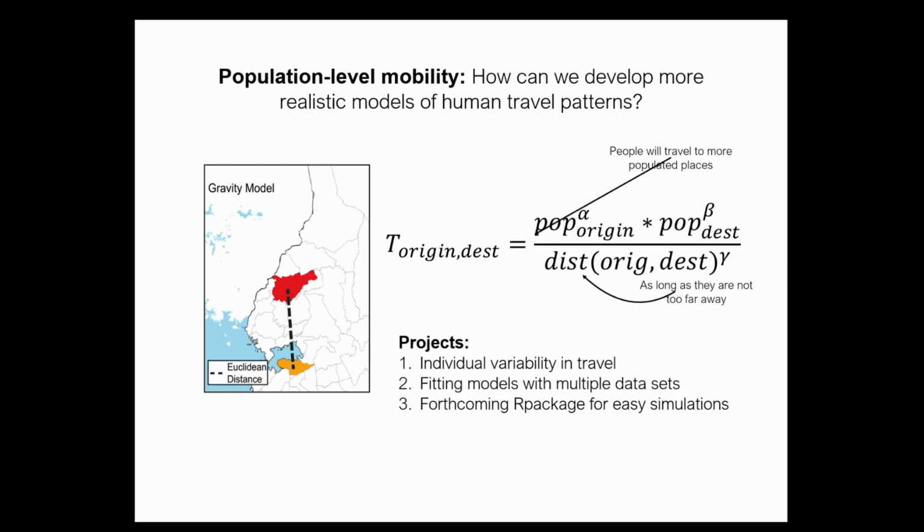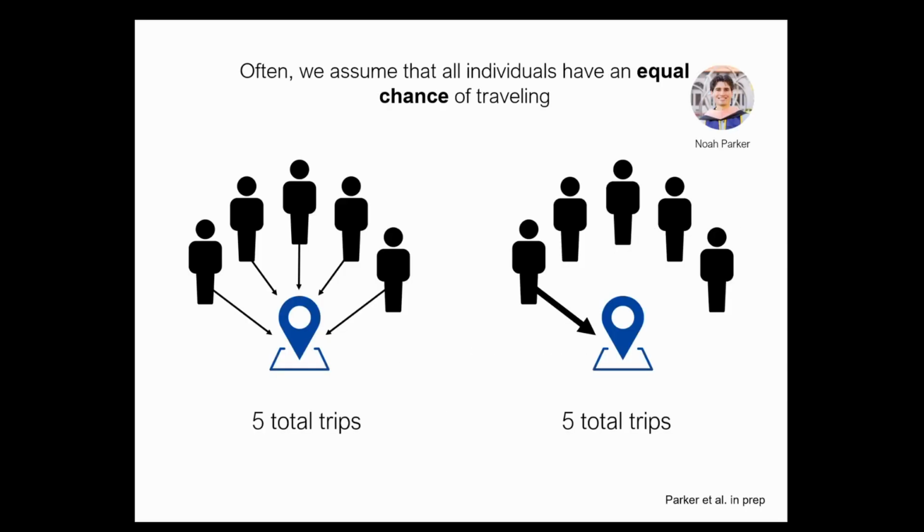And so I'm going to talk a little bit about some projects that we've been doing that are trying to look at this model and others to better understand mobility. So first, I'm going to talk about work that Noah has been leading, where this is a pretty simple problem. A lot of these data come aggregated, which means I know that there were 100 trips between location A and location B. But oftentimes we don't have the individual level data to know if 100 people each took 1 trip or if one person took 100 trips.